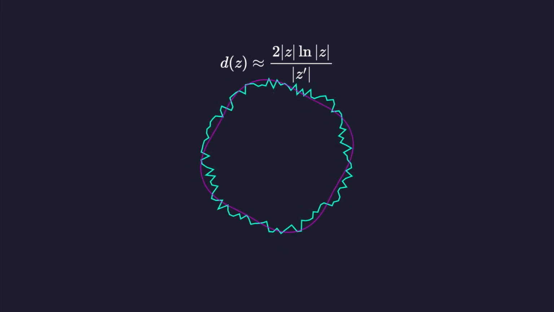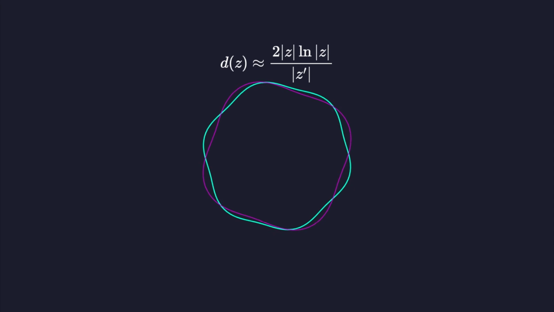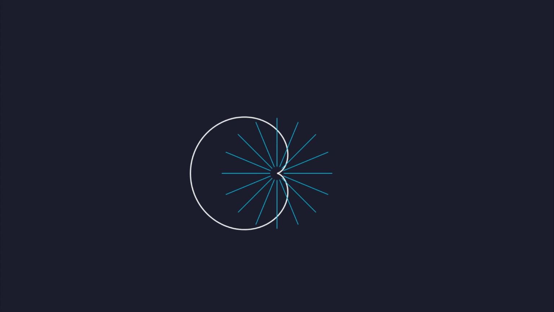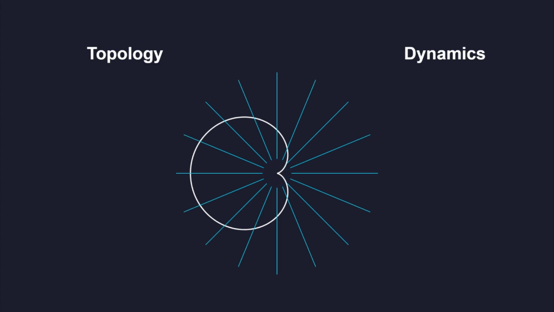By calculating the derivative of the iteration, we can estimate how far a point is from the boundary, allowing for smooth, sub-pixel accurate details. One of the most famous open problems is whether the Mandelbrot set is locally connected. This property would imply that the set can be described entirely by its internal and external rays, bridging the gap